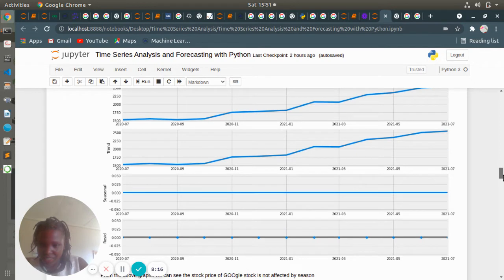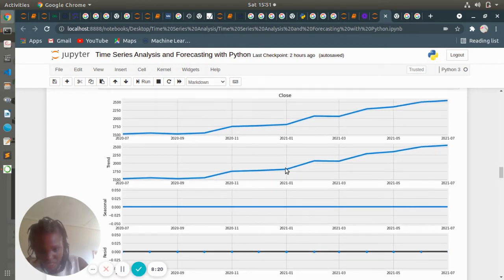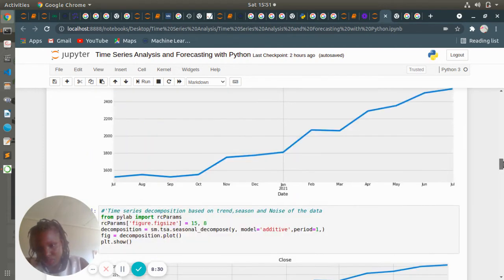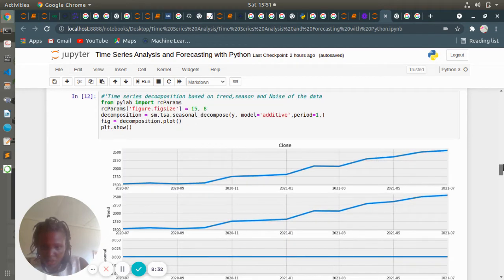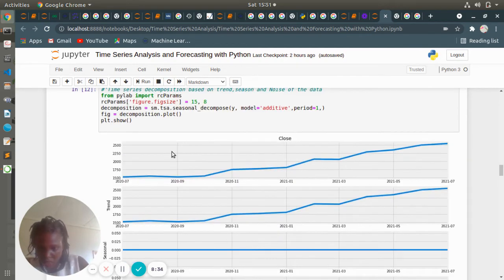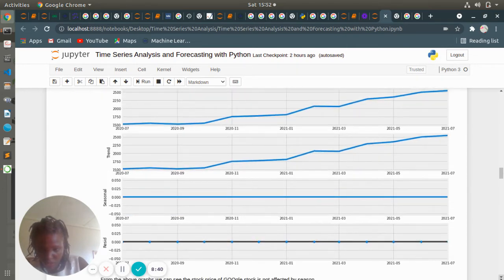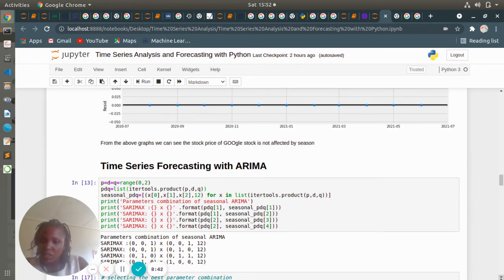Our data is affected by trend, and the trend is increasing. And the other one, noise. The noise variable, you can see it is also increasing. So with that,